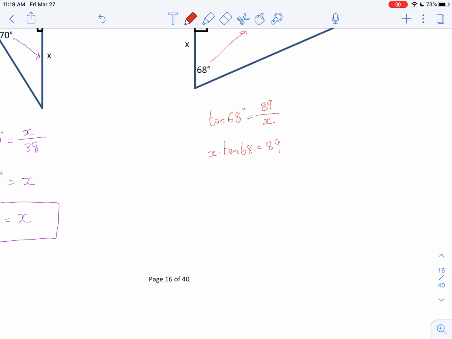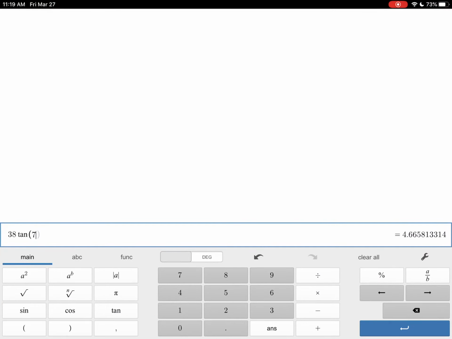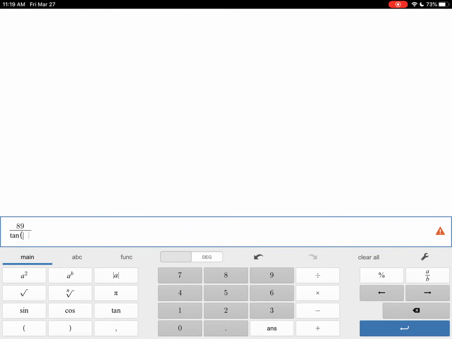Or you could flip both of these upside down, whichever method makes sense in your head. I'm okay with you doing that. And then we want to divide tan 68 off of that side to get x all by itself, to isolate x. So we're going to get 89 divided by tan of 68 degrees, and x being equal to 89 divided by tan 68. Let's see if I can remember that. 89 divided by tan of 68 is equal to